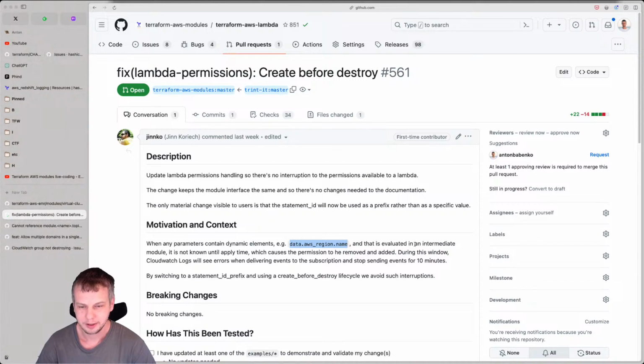And that is evaluated in an intermediate module. It's not known until apply time, which causes the permission to be removed and added. During this window, CloudWatch logs will see errors when delivering events to the subscription and stop sending events for 10 minutes.